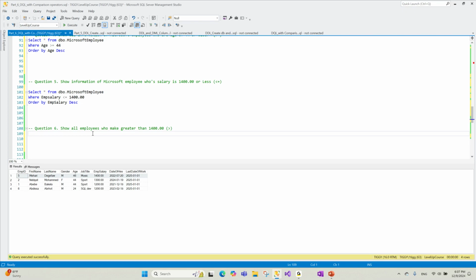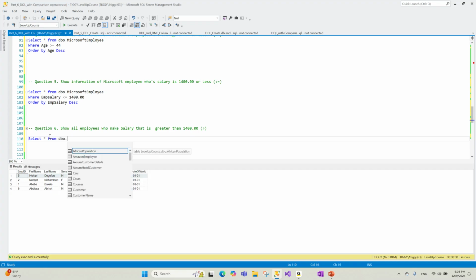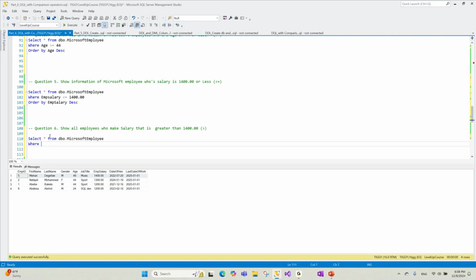Show me who makes salary greater than 1400. All right, so I want to do select everything from DBO Microsoft employee where